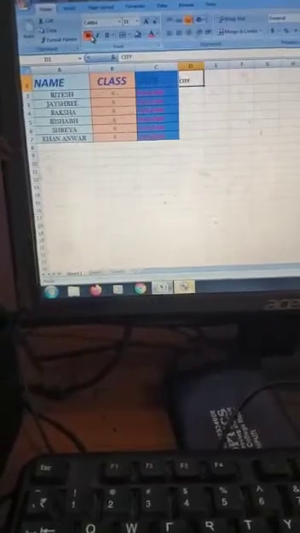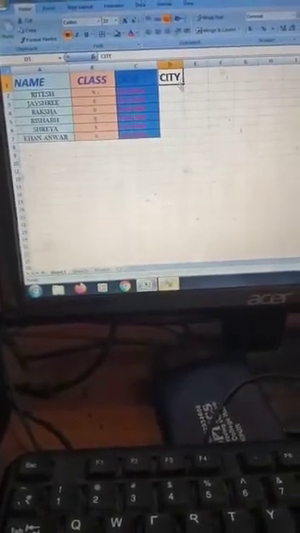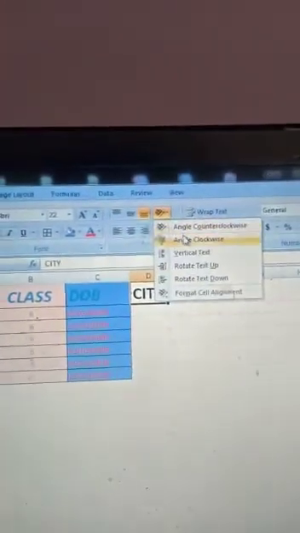How we can orient? Okay, so I will show you. Look here, this is orientation, and there is an angle. First you select it and I will show you.